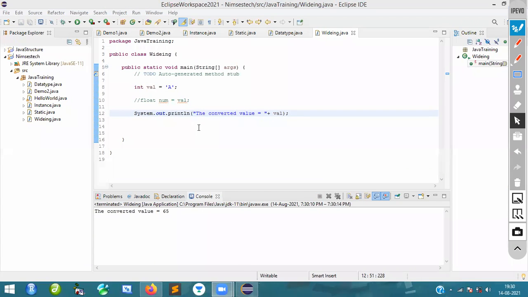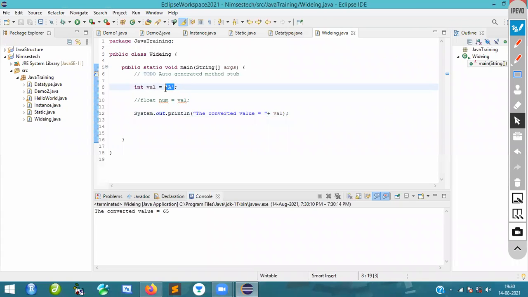I think everyone understood. This is what we call implicit typecasting in widening. Basically, a character in Java takes 2 bytes. But here I'm giving this one character as input to this integer data type variable, called val.